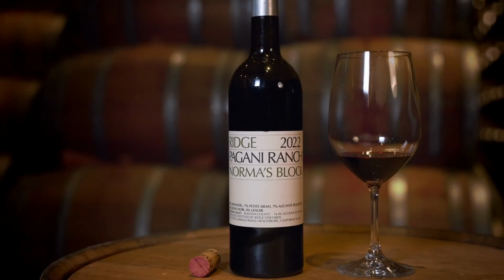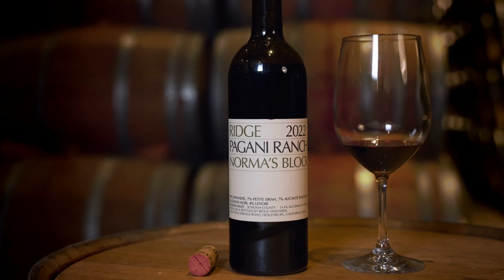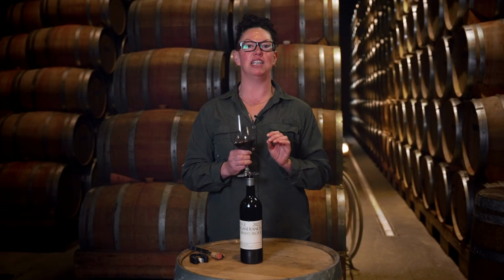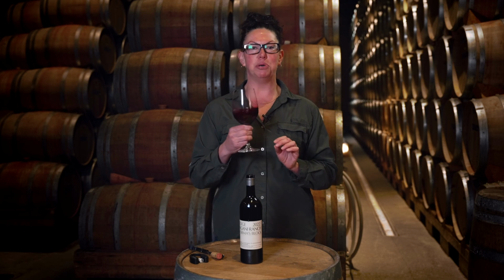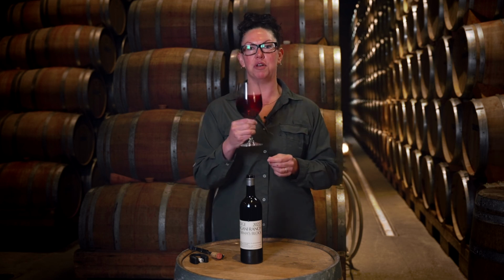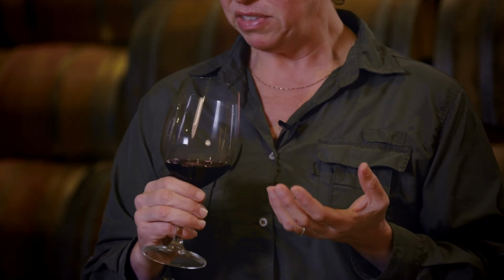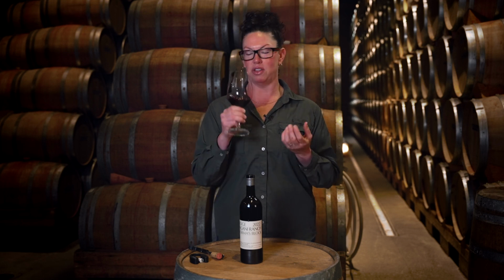It's magic. Pagani for me is already very classic Sonoma Valley Zinfandel. You could put 50 wines in front of me and I could pick out Pagani as a representative of Sonoma Valley. But what these Teinturier varieties do in conjunction with all these old vines is it really lifts up the aromatics and lifts up the fruit, kind of amplifies all that beautiful